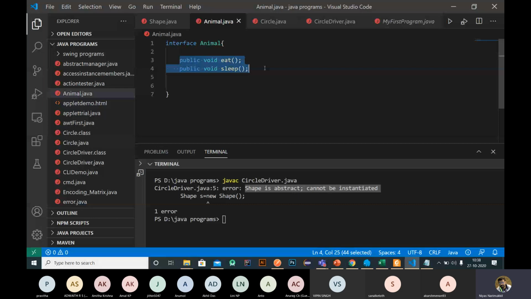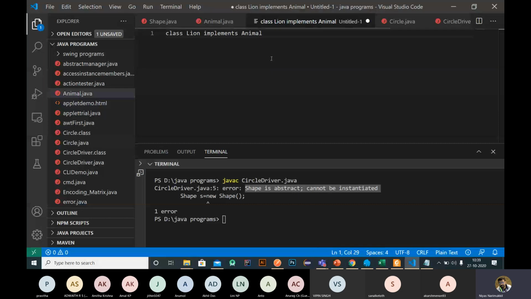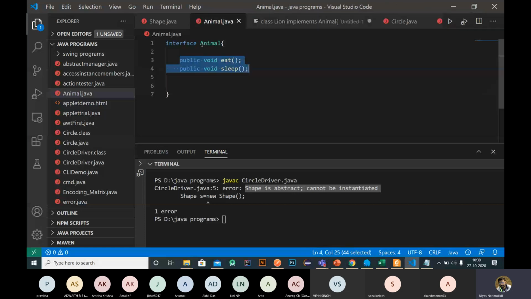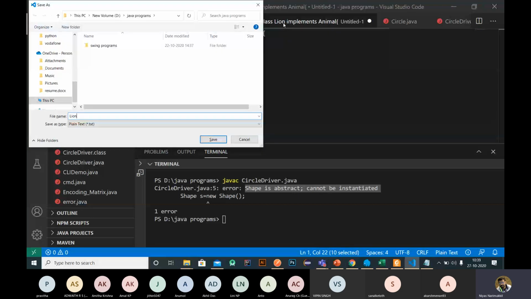Once we are using an interface, in order to inherit from that interface, we need to use the keyword implements instead of extends, because Animal is an interface. I save this as Lion.java. So this is a class Lion that implements the interface Animal.